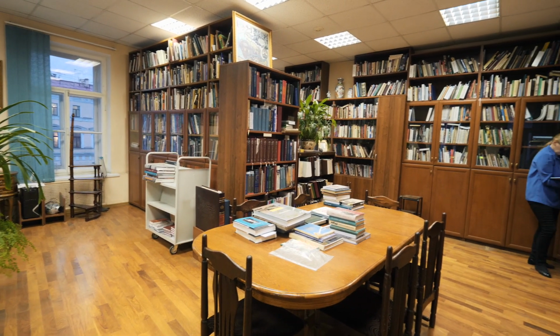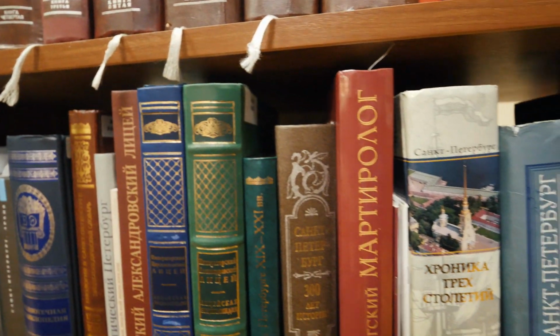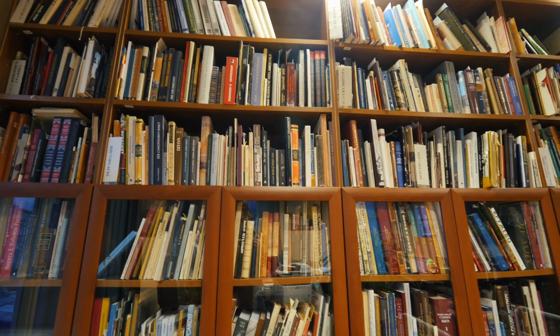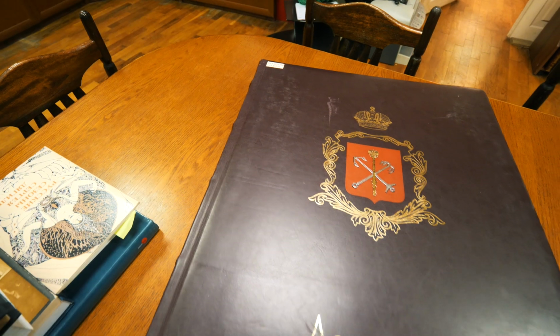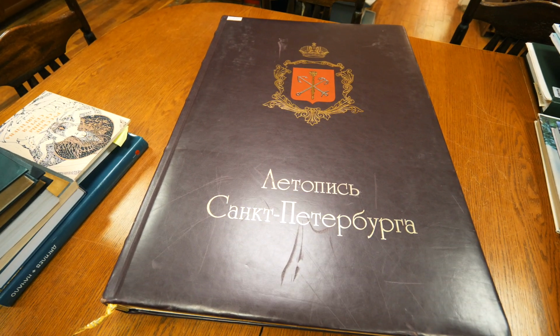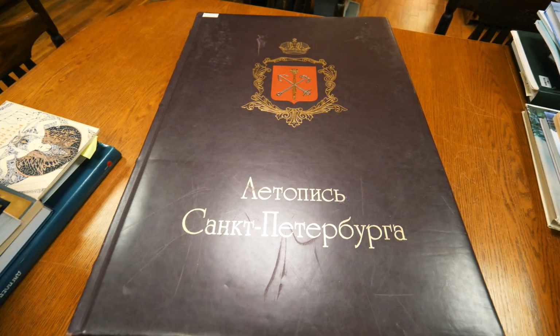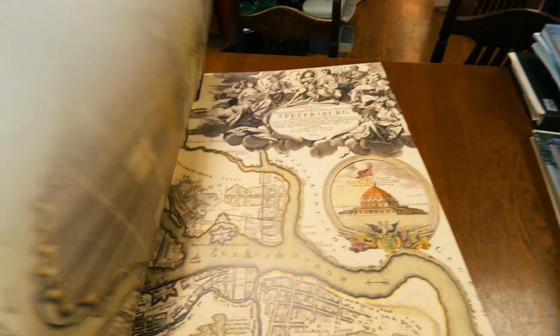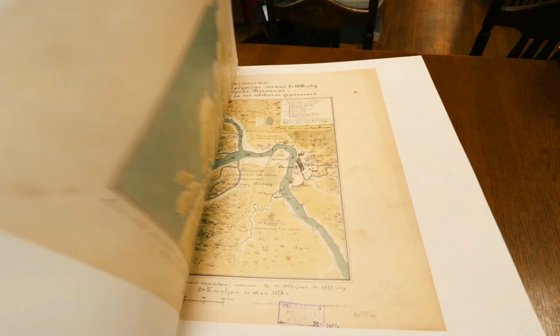Besides arts and music literature, here is also a relatively small room dedicated to the local history of St. Petersburg. Hundreds of books all about the history of this city. Wow, probably the biggest book here in the library, Chronicles of St. Petersburg. Look how it is compared to a normal size book. It was released in 2003, dedicated to the 300 year anniversary of St. Petersburg, because St. Petersburg was founded in